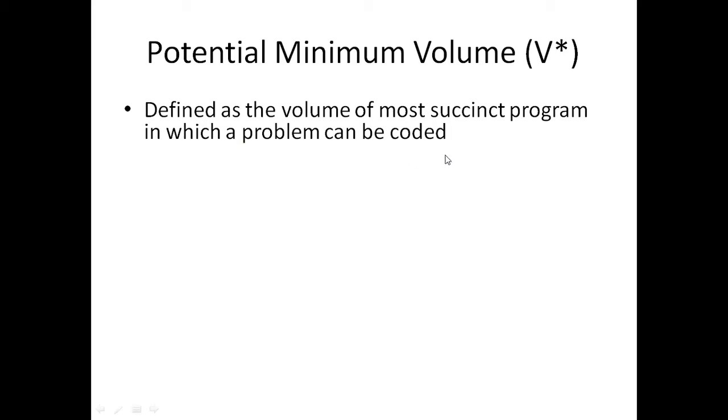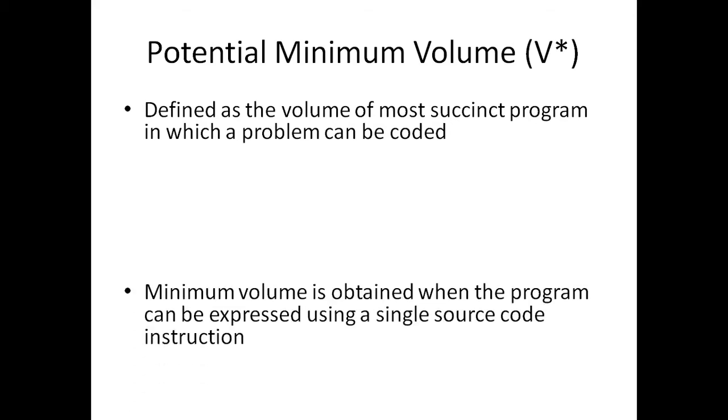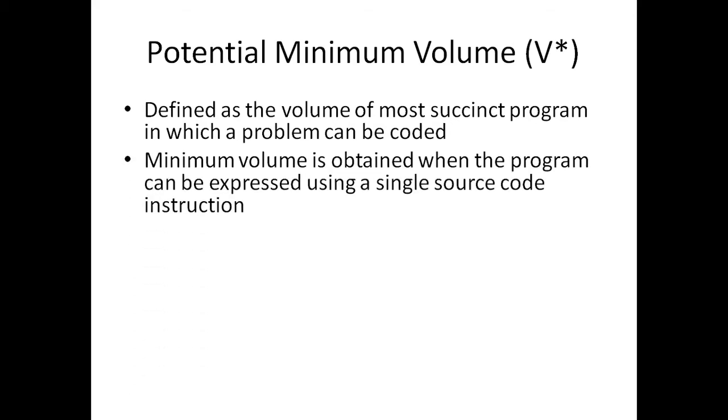Succinct program means the minimum number of lines of code that will be required to define a program. So it is the minimum lines that will be required to code a particular problem. This is called the potential minimum volume. Minimum volume is obtained when the program can be expressed using a single source code instruction. So that will be the minimum volume. If you could express the whole program in a single source code instruction, then that will be called the